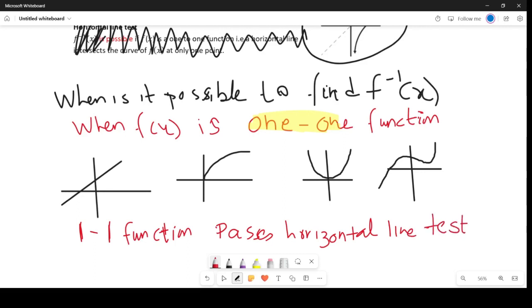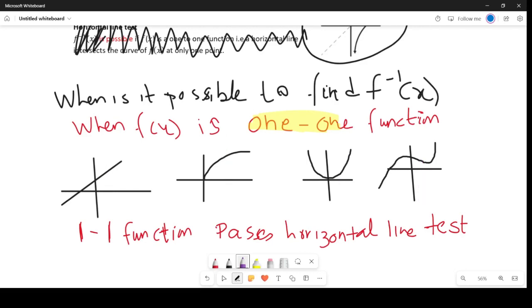हमने वर्टिकल लाइन टेस्ट पढ़ा था जब हमने फंक्शंस पढ़ना स्टार्ट किया था. वर्टिकल लाइन टेस्ट क्या होता है कि जरूरी नहीं है कि हर एक्सप्रेशन एक फंक्शन हो. अगर एक कर्व vertical line test pass कर रही है, like this one passes the vertical line test, this one passes, this one passes, this one passes. So all of these expressions are actually functions, क्योंकि वर्टिकल लाइन टेस्ट पास करें।